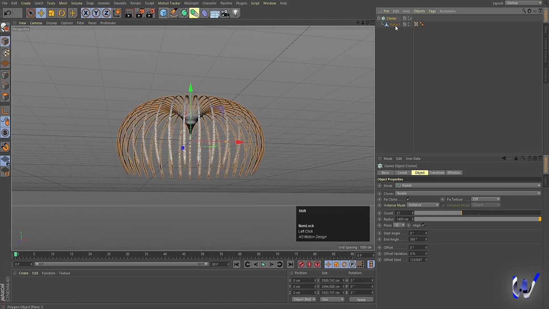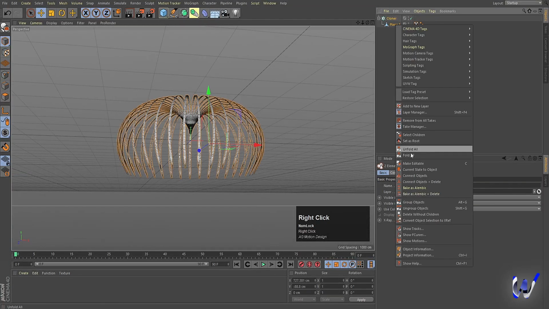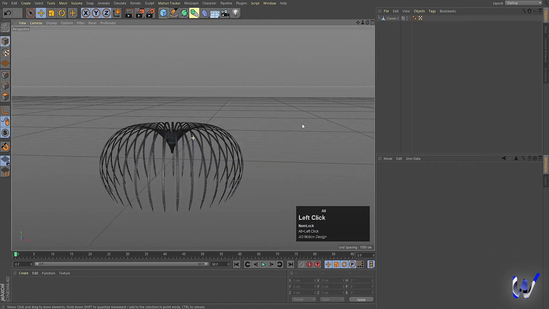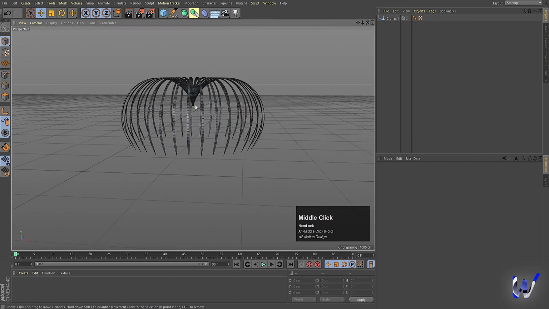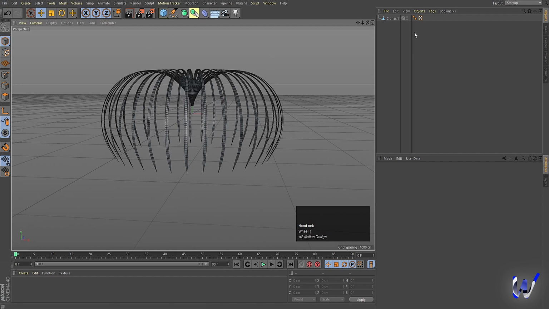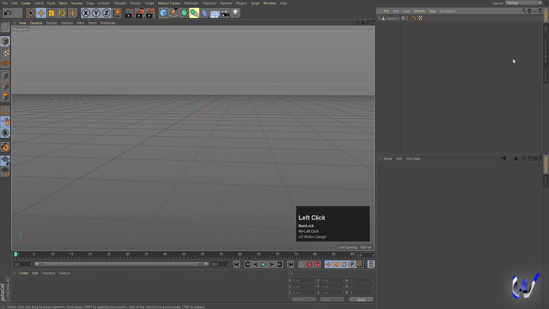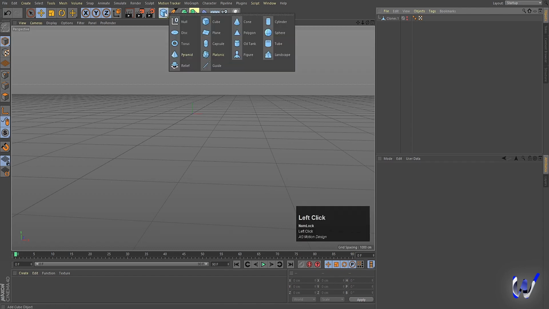Now select this cloner, then by holding shift select this plane, right click and connect object plus delete. Now this much portion is done. Now we have to focus on the extra portion, so I'm gonna alt click on these dots 2 times, so we will hide this. Now select this cube,